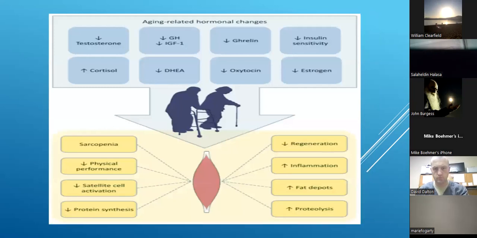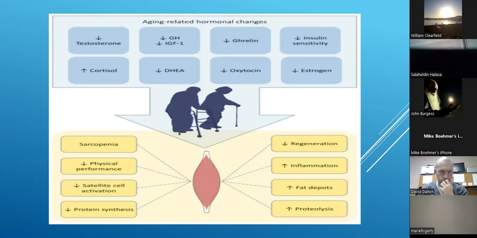Okay, so what will happen when we grow in age? When we grow in age, all those hormones will decrease, right? Testosterone will decrease, the growth hormones will decrease, ghrelin will decrease, insulin sensitivity will decrease, estrogen will decrease, oxytocin, DHEA will decrease, and cortisol will increase. And what will lead to all this? It will lead to